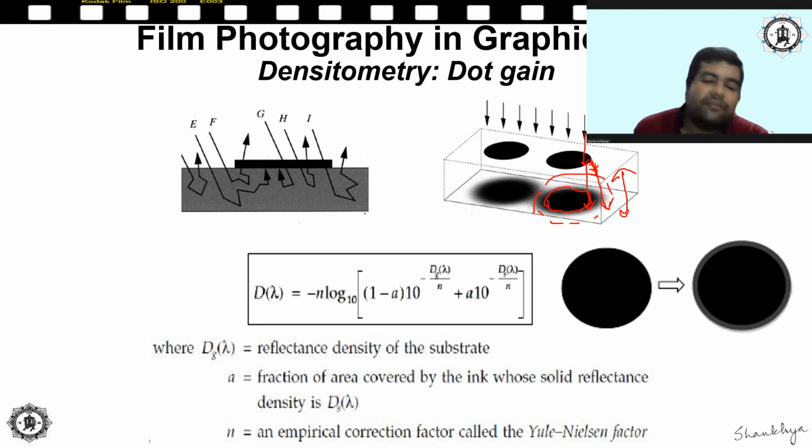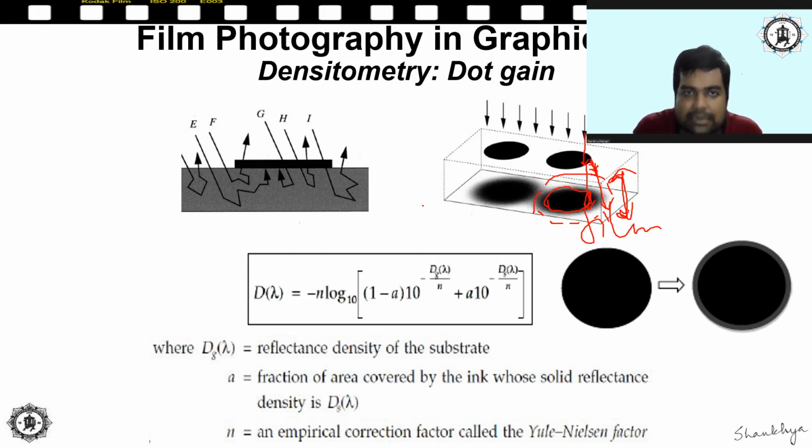I think it is better for me to describe all this later, because we don't have any idea about halftone dots. Just by saying this is image area and this is, although I said this is emulsion, but these are actually two different layers. This is the screen and this is the film. So only when we discuss what a screen is, what a film is, what a halftone dot is, then only will this concept be clear. So let us keep this for the next chapter.